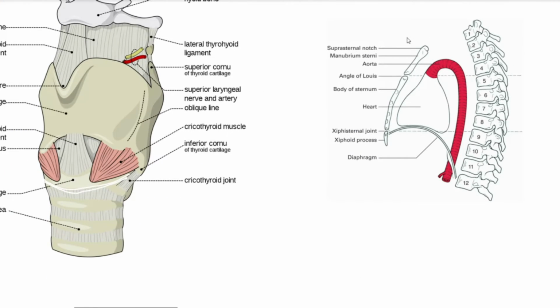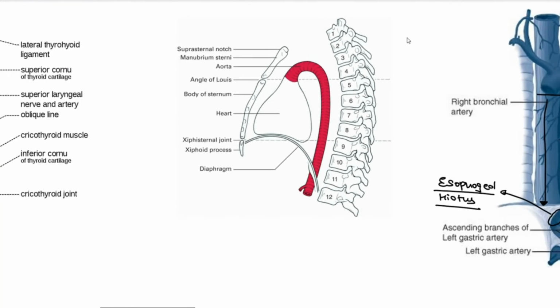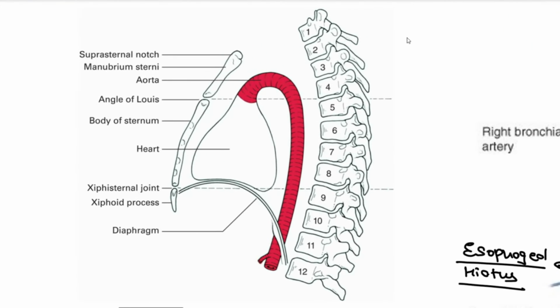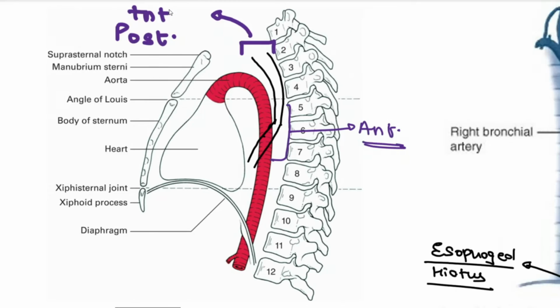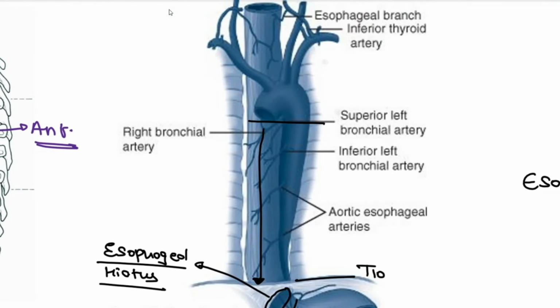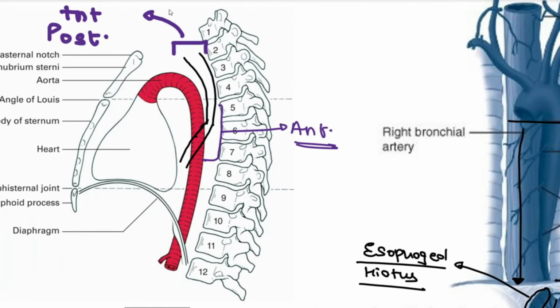Now also I wanted to show you the lateral view of the esophagus. Now, the esophagus will continue its path posteriorly up till the aortic arch, and then it will move anteriorly, which can be seen here in this diagram. Now, it is placed at almost the central position, but it is present posterior to the aortic arch, and is present anterior to the descending thoracic aorta. So, this part is the descending thoracic aorta.